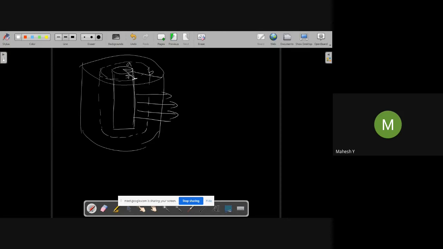Is there any chance that the flux will move like this in the Z direction, or will the flux move in the phi direction? No chance, because the flux is always moving from the inner conductor to the outer conductor. So that is always in the radial direction. So our flux will have only the rho component. So I can write it as D rho a rho cap. Actually, this is a cylindrical coordinate system where D will have all three components, right? D rho a rho cap plus D phi a phi cap plus Dz az cap.